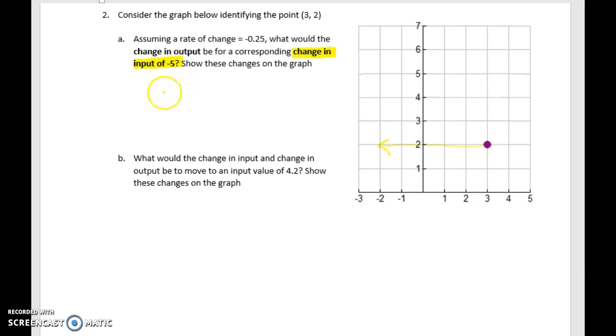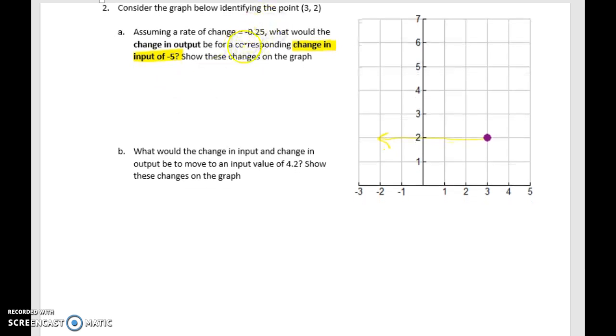And if you recall, negative 0.25 over 1 is our assumed rate of change. So that means for each horizontal right movement of 1,